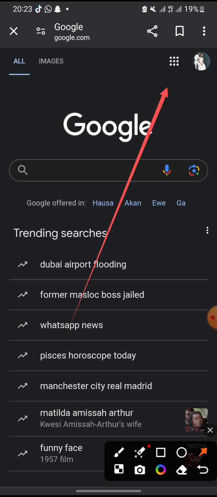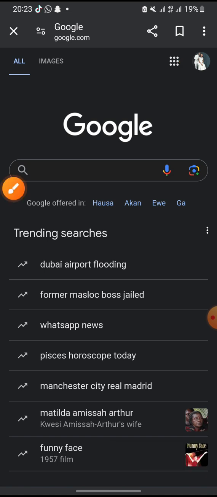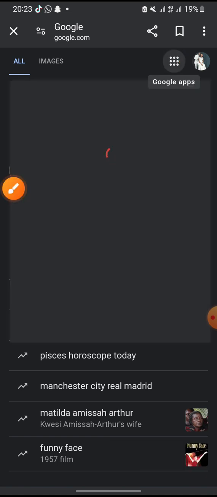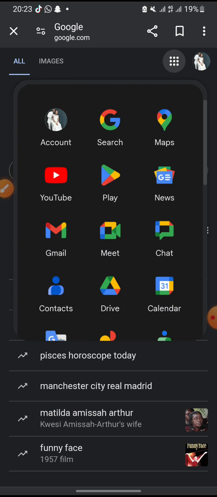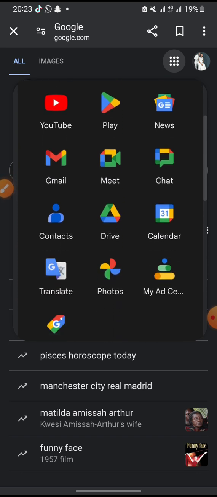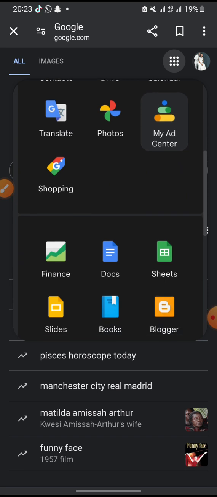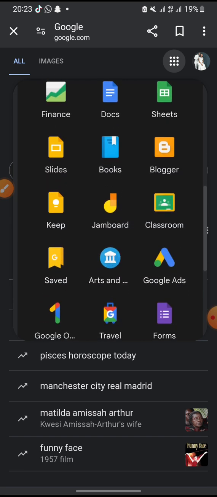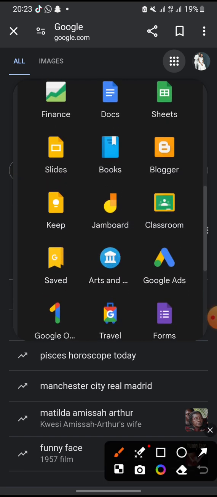If you click on that, you will have all the Google apps. So we look for Classroom. Okay, so that is the Classroom, Google Classroom. So we click on that,